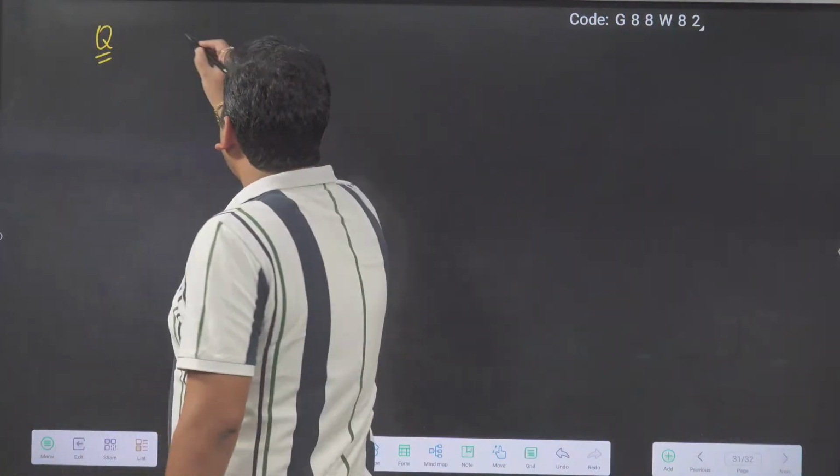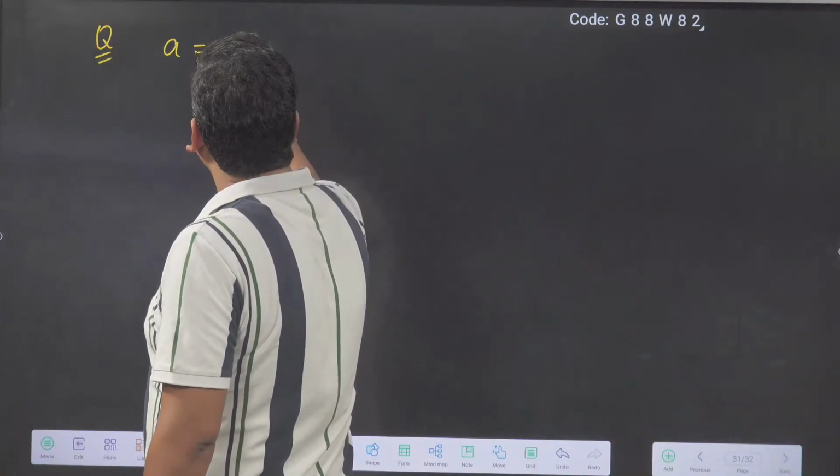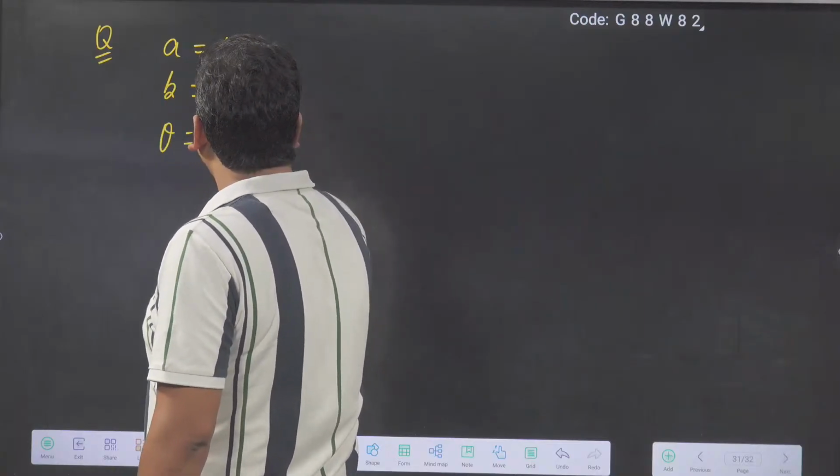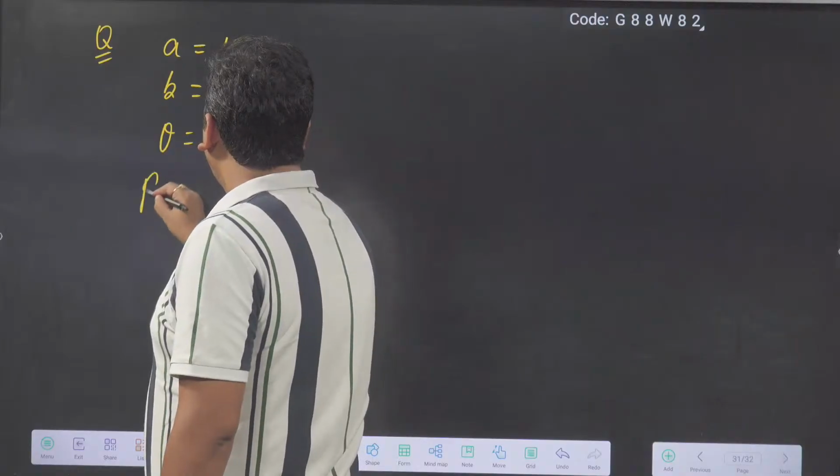Let's say there are two vectors, one vector having magnitude 10, another vector having magnitude 2, and theta is... find angle between